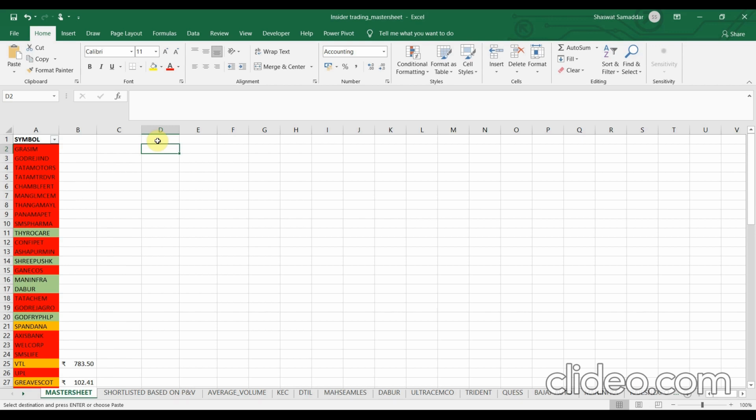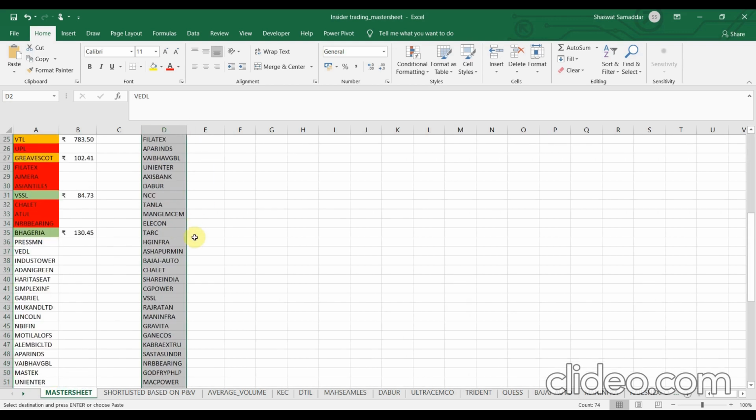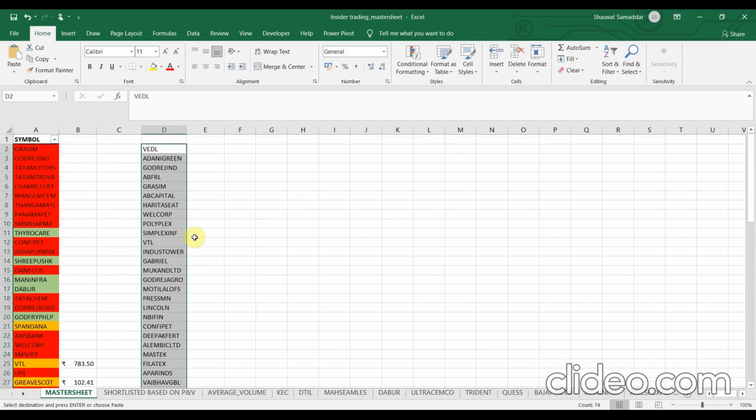Now, let me paste the company names here. You might see there are almost 97 or 100 companies. It's not feasible for us to do the analysis of 100 stocks on a daily basis.